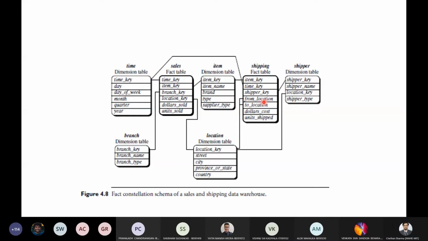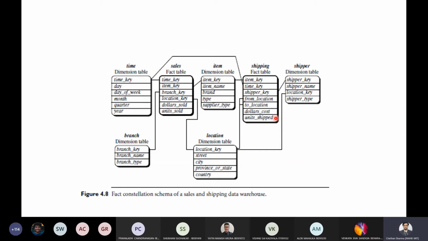The sales table is similar to your star schema. And this shipping table has 5 dimensions, that is item key, time key, shipper key, from and to. And there are two measures or facts, that is called dollars and cost.